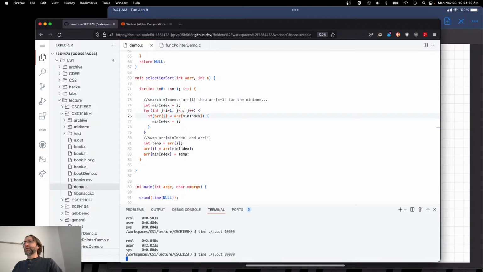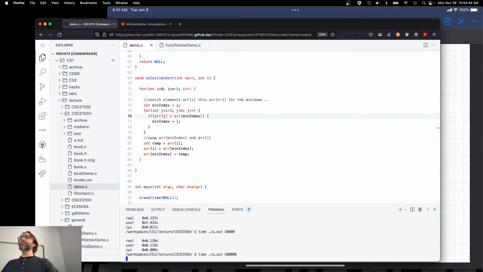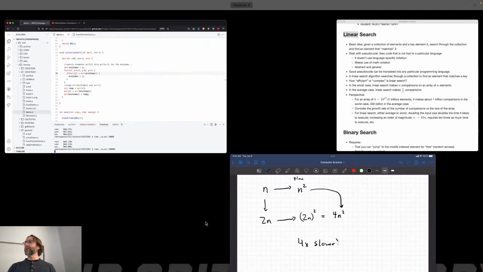1, 2, 3, 4. You can't do the 1, 2, 3, 4, 5, 6, 7, 8 trick. There, 8.13. Remarkably close to our theoretical analysis that I just ran through, right? What if we went from, say, 10,000? What was 10,000? Right? That's 0.1 seconds. What if I went up to 100,000? Well, while we're waiting for that,